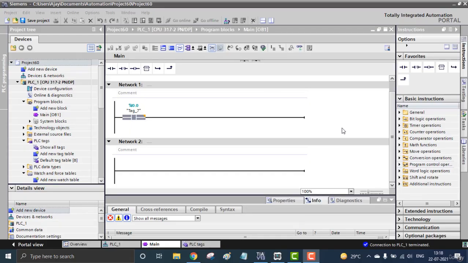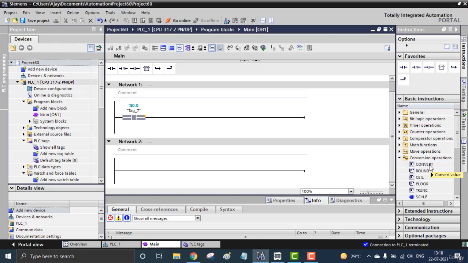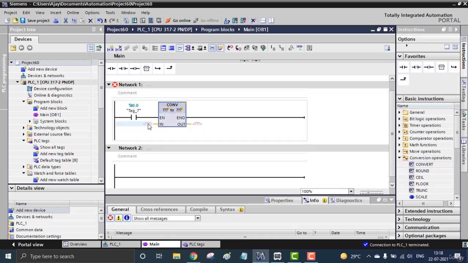After the move operations, we are actually going to convert things. So we can go for the conversion operations. First will be the convert block, and we have two things, input and output, where we can declare what to convert from and to. Those are the two sets of question marks there. I'm using integer, and I just want to convert the integer to BCD numbers. So the BCD is 16.